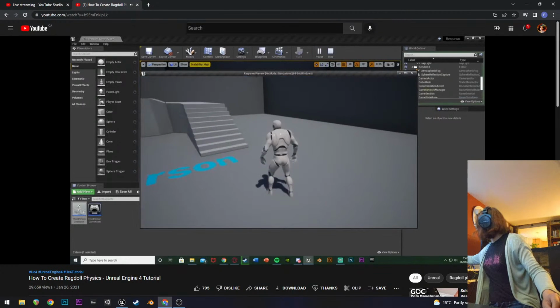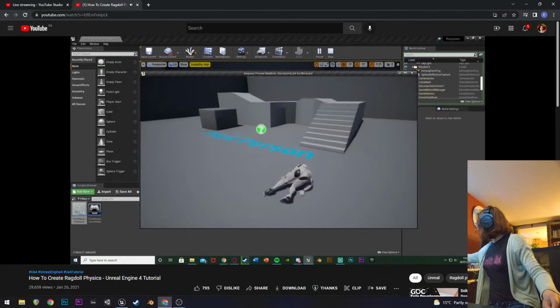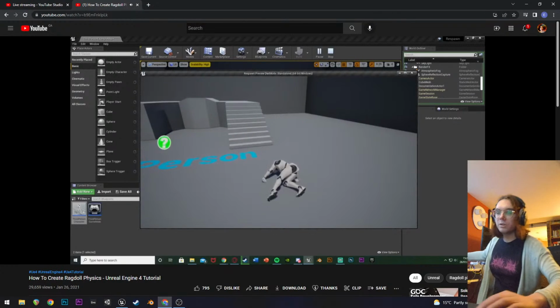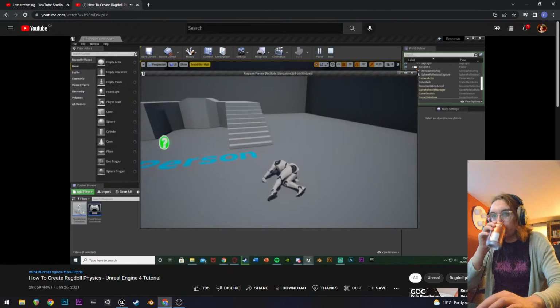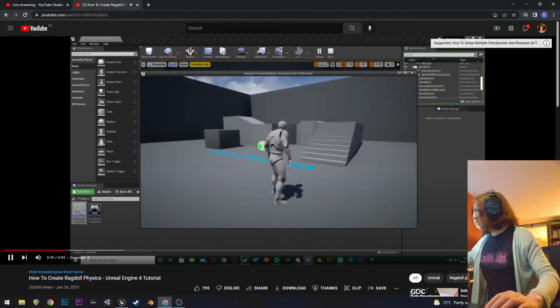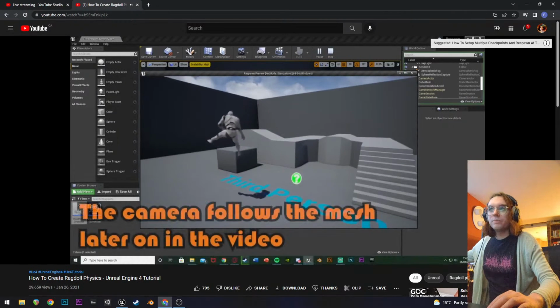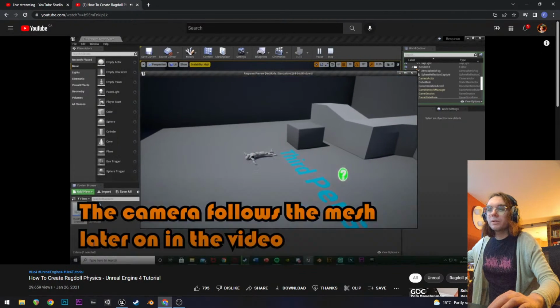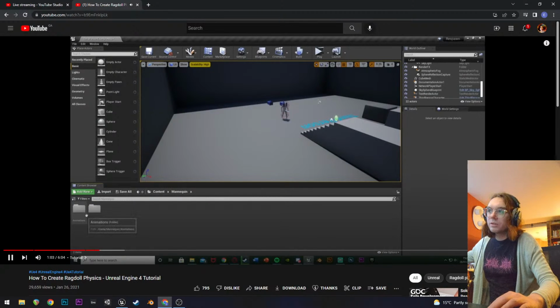So let me see what this is going to look like first. Let me show you. So if I press K, we're just getting a simple ragdoll like so. And now that's what we're doing in this video. Like I say, this is just a very simple ragdoll. I do have other videos on respawning, so a different video. And if I press it again, just show you again. If I jump into it, you get the ragdoll like so. What you want. So what mannequin, character, mesh, here's my physics asset.